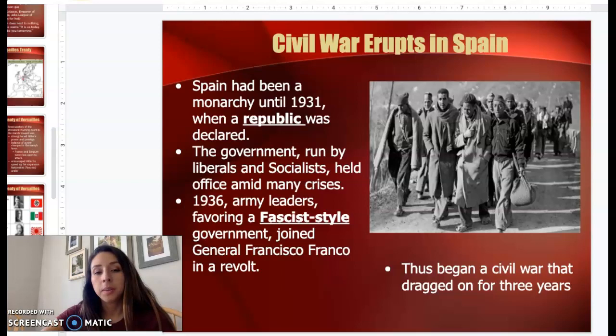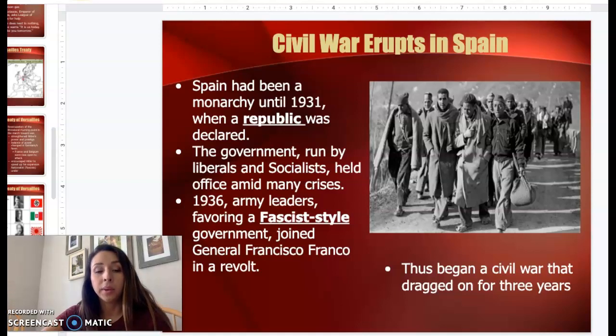So first off, some background on Spain. Spain had actually, like most other European countries, been a monarchy, right? They had been ruled by a king and a queen up until 1931 when a republic was declared. Remember that a republic is a form of democracy. It's an indirect form of democracy in which people, to some extent, get to participate in the political process and the decision-making process of their country. The government was run by liberals and socialists who held office in many